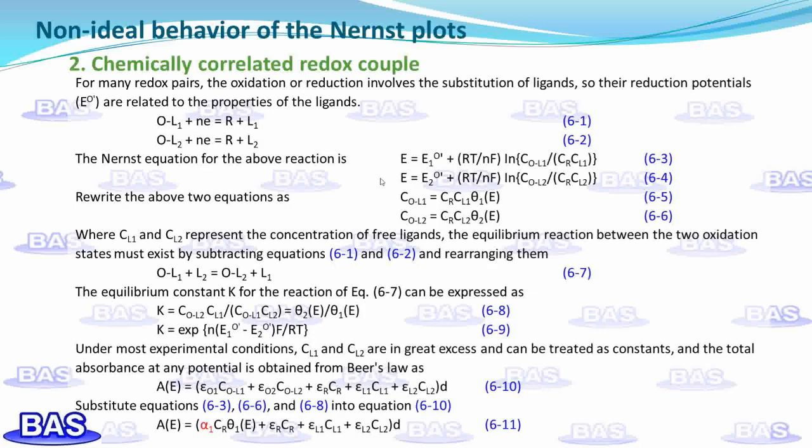and. Rewriting the above equations, where Cl1 and Cl2 represent the concentrations of free ligands, the equilibrium reaction between the two oxidation states must exist. By subtracting the equations above and rearranging them, where the equilibrium constant K for the reaction above can be expressed as, under most experimental conditions, the concentrations of free ligands are in great excess and can be treated as constants, and the total absorbance at any potential is obtained from Beer's law as, and rearranging, substituting the equations above into the equation, it can be expressed as